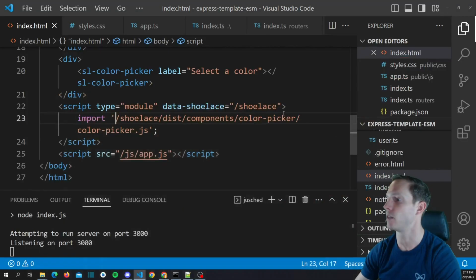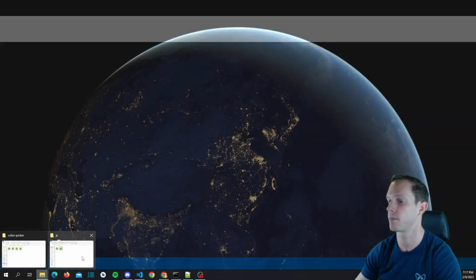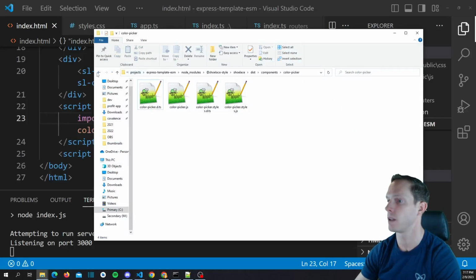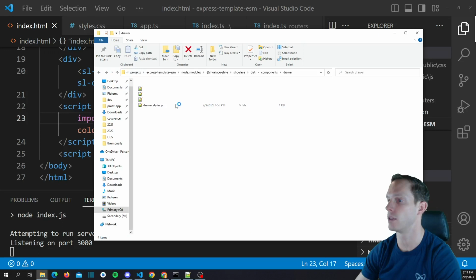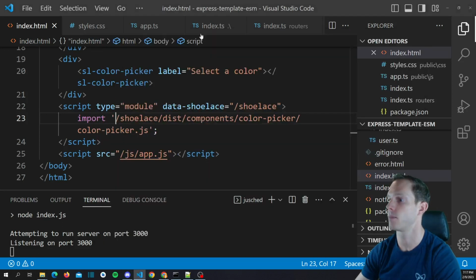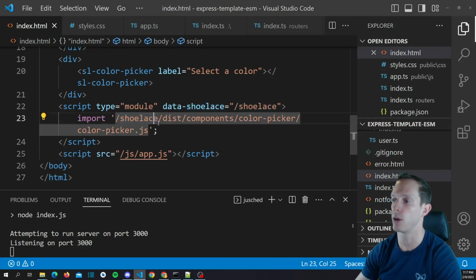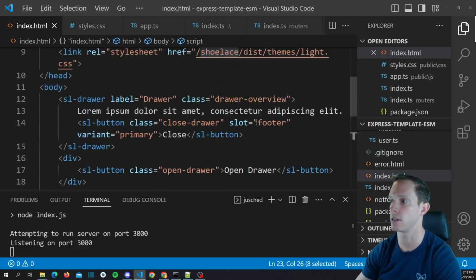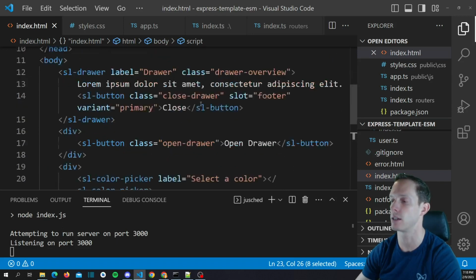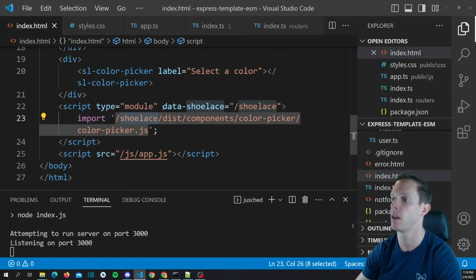Now, likewise, if we wanted to swap that, instead of the color picker, we want to actually use the drawer. It's drawer and then drawer.js, right? So again, I just want to redefine what I actually changed here. When we're importing, we're actually importing from our server. So we don't import from @shoelace. We want to import from just /shoelace/dist exactly the same way that we're doing the CSS and the JavaScript before. And so if we want to do the drawer here,